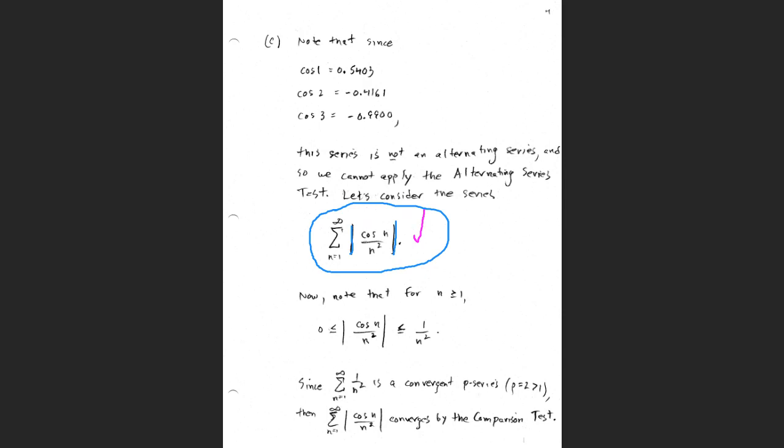So in other words, what I'm looking at is this series here. But the idea is if this series converges, where we're adding up the absolute values of the terms, so they're all positive, if that converges,